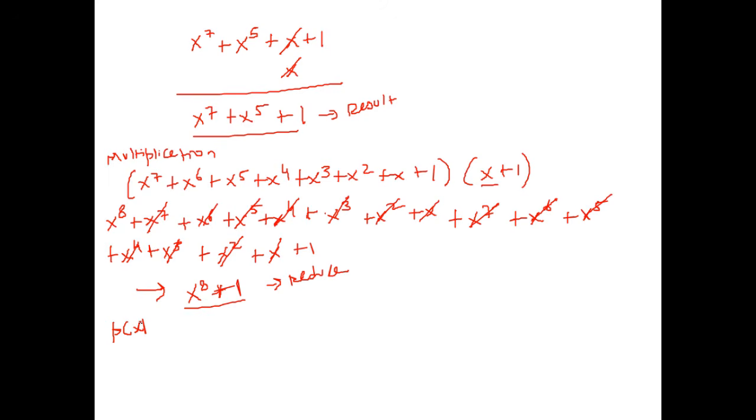So we used an irreducible polynomial in GF2 power 3. Here the irreducible polynomial that we have to use is x power 8 plus x power 4 plus x power 3 plus x plus 1. So this is the irreducible polynomial. So we are going to divide x power 8 plus 1 by p of x, and that result will be in GF2 power 8. So we'll write x power 8 plus 1 in binary.